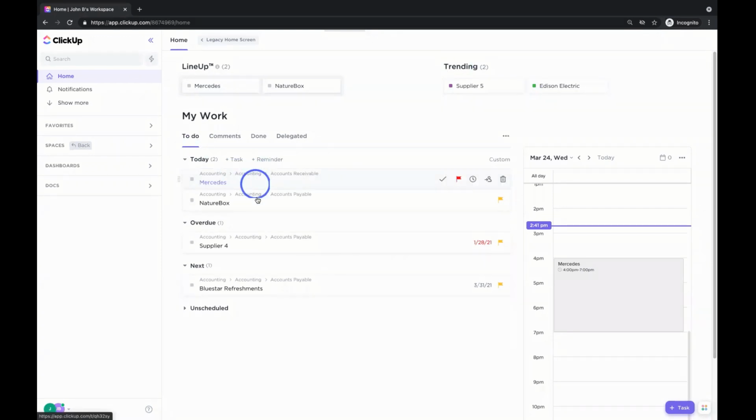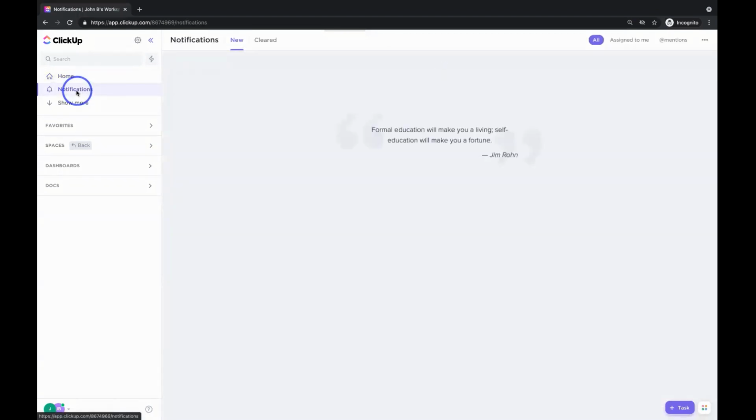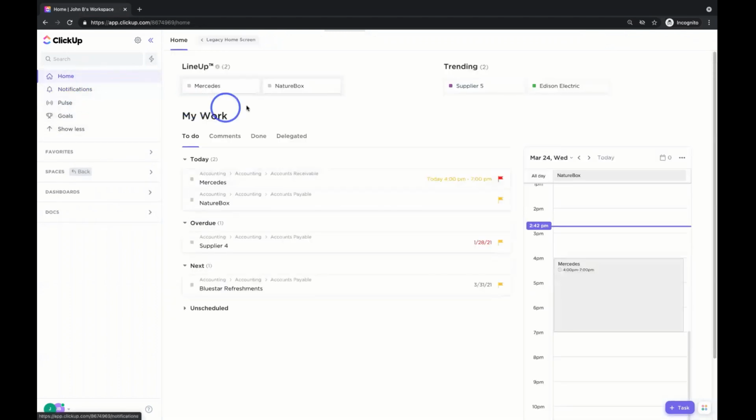So what I love to do as my personal algorithm is I log into the account every day. I come to the home area, I see what tasks I need to get done. I position those tasks in the areas and time that I have available to me. I then like to check my notifications. Notifications are great because they tell me things where I'm working with other people. You know, if somebody said something or needs something to happen, I can see those notifications which have occurred. I don't have any notifications here because this is a blank account, right? But check your notifications, check your home screen every day to make sure you are getting done and are updated on the things that need to be done.